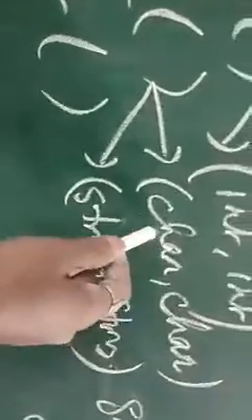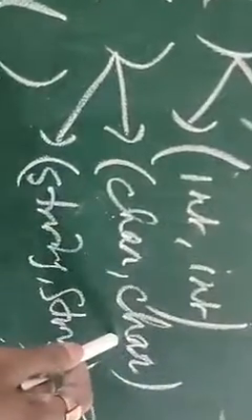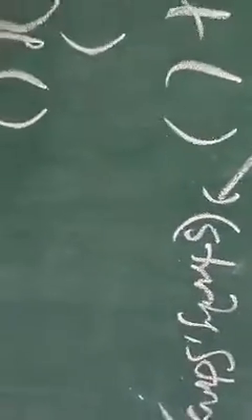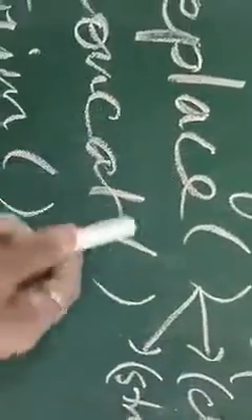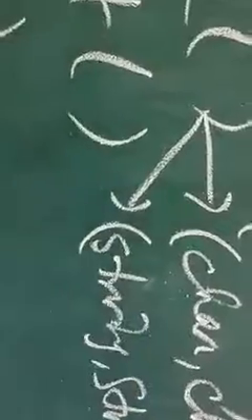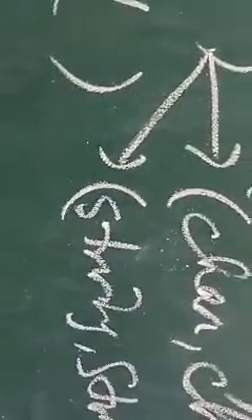Okay, so this is how it happens here. The replace function takes the old character and the new character, or the old string and the new string. The first one is the old character, the second one is the new character. In the same way, the first string is the old string, and the second one is the new string. Now what do you mean by old string? Old string means the string that belongs to the original string. If I am using characters, it will replace the character, and if I use strings, it will replace the string.